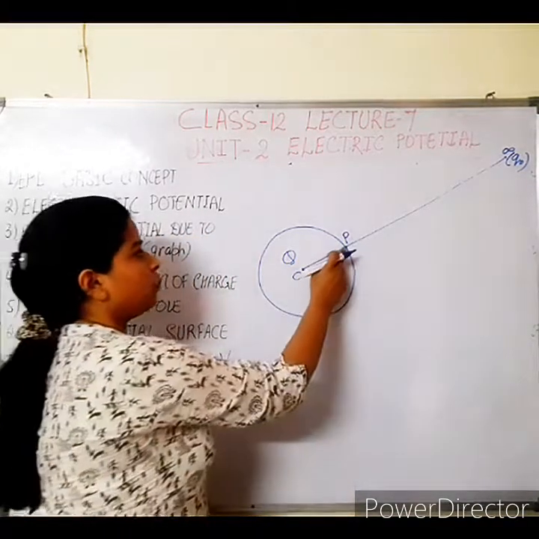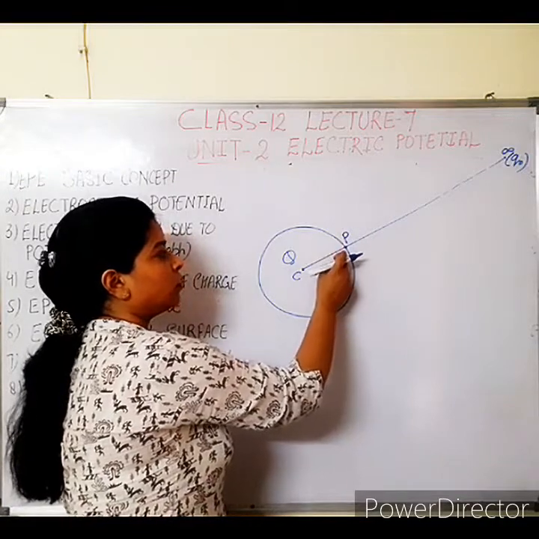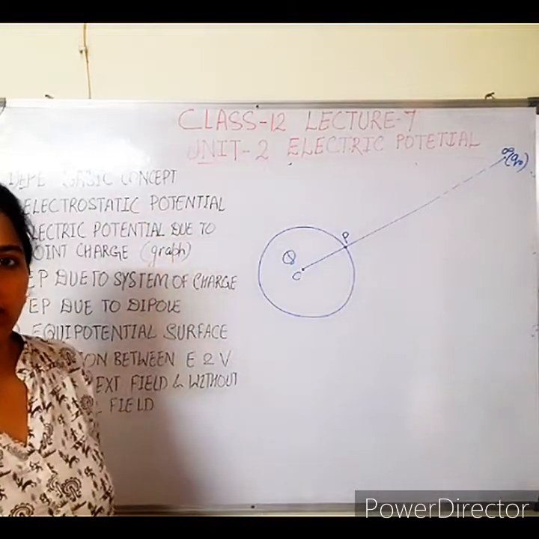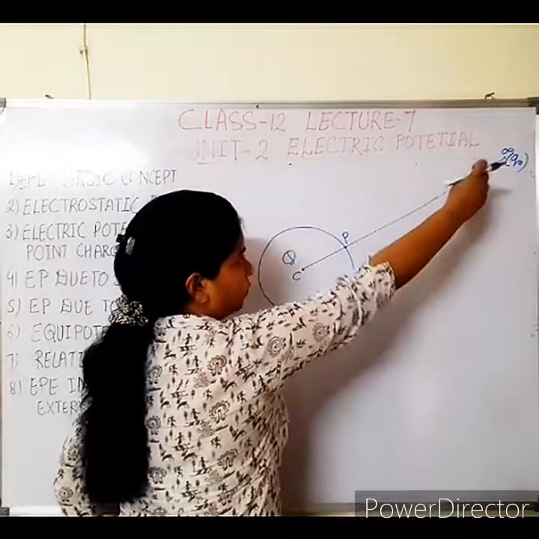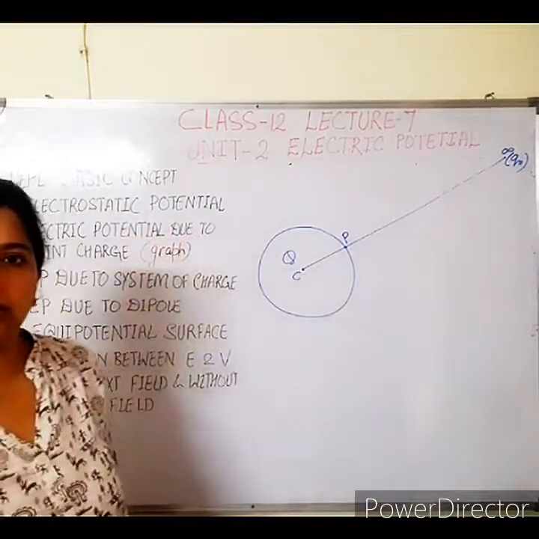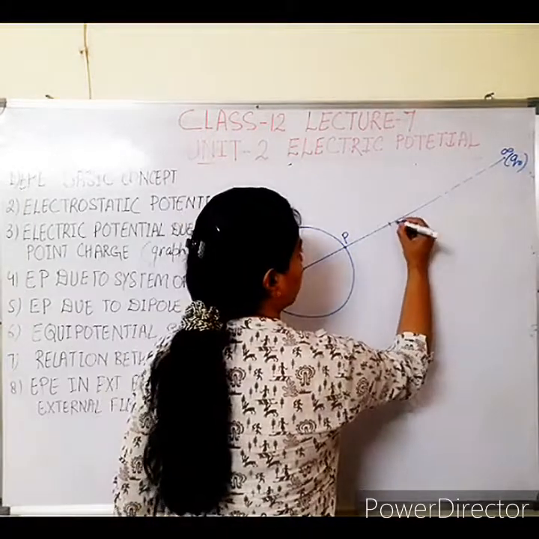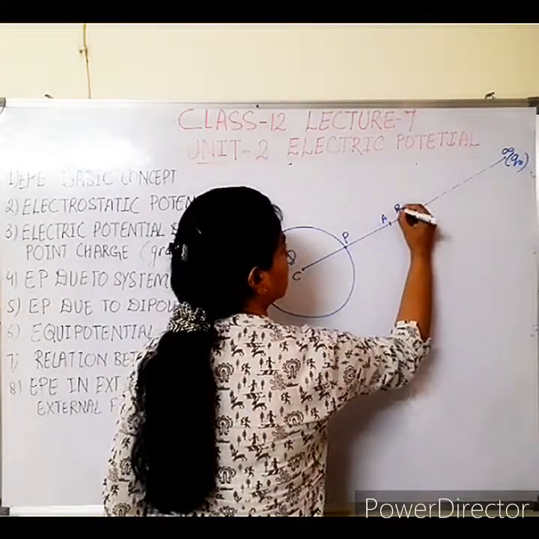Okay, so from the P point, the force of repulsion would be applied over this test charge body, and before that we need to do work to bring it into the field of this test charge. Here we have taken two small positions and we will integrate it. We need to solve this condition.